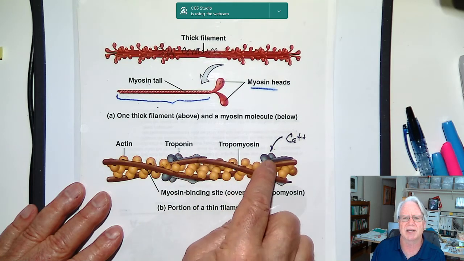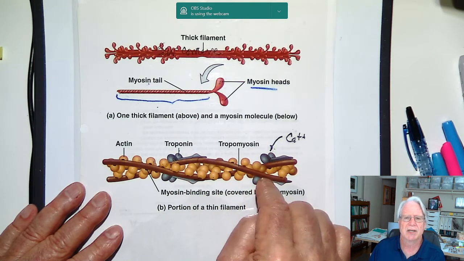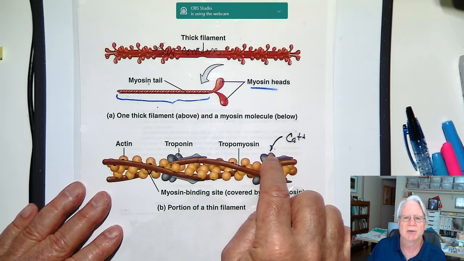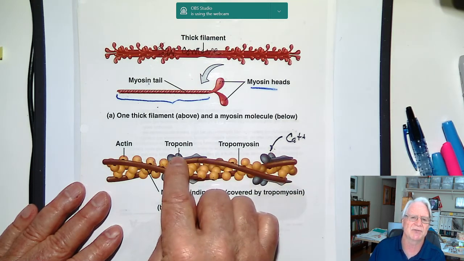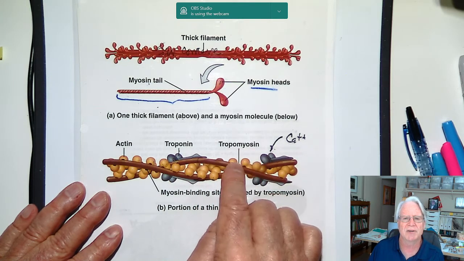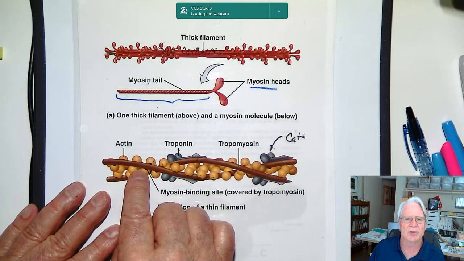Troponin is the molecule that binds to calcium. When calcium binds to troponin, troponin changes its shape. That shape change then has the effect of causing tropomyosin to roll off the binding site on actin for the